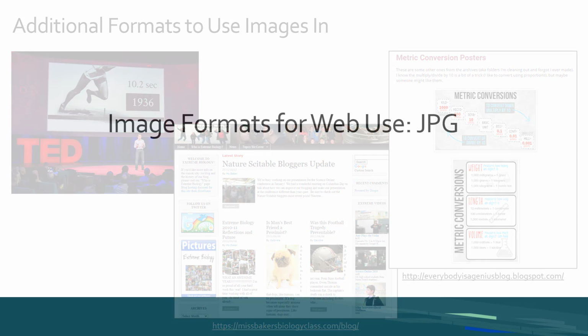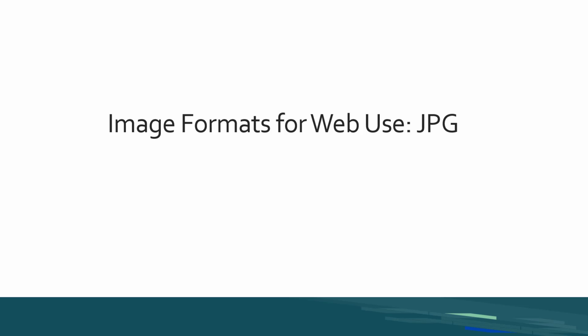When using an image for the web, there are two different formats you should choose from, either a JPEG or a GIF format, and it depends on the type of image for which format you choose. The choice you make for your image format will help determine the end quality of the image, the file size, and how it will display on the web to a viewer. A JPEG image format is best suited for actual photographs of people, places, and things. A picture saved in a JPEG format would look like this.